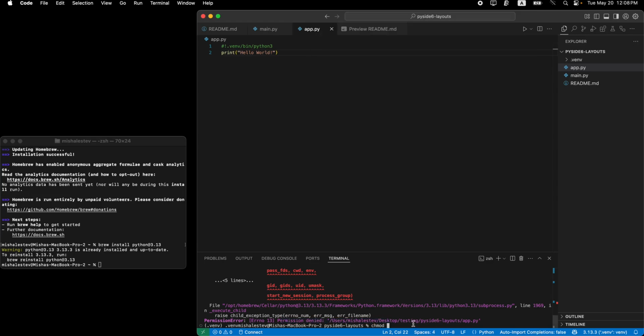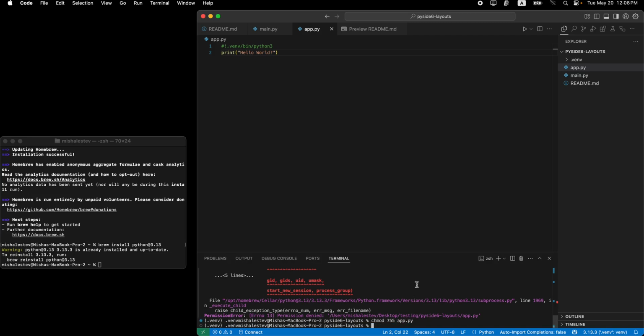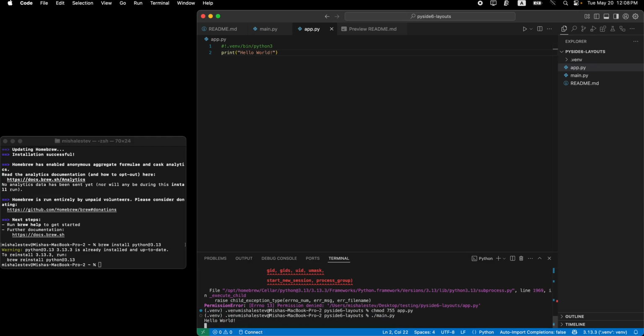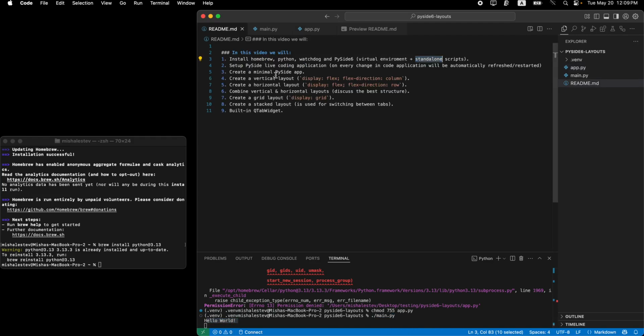And so chmod 755 to app.py so that we will be able to run it. And now if we run again this main.py, as you can see, we have a hello world, and as I said, it is going to be